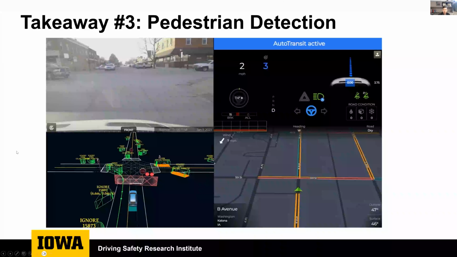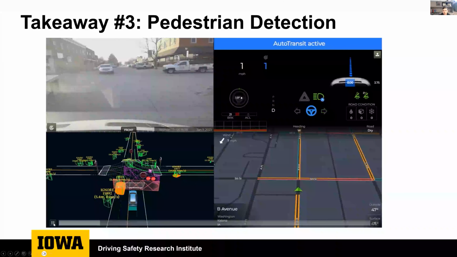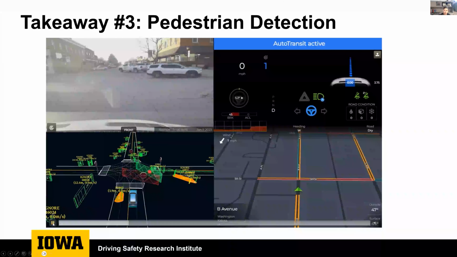Yeah, thank you, Steve. So following along those same lines, this first lesson learned that I'm talking about is pedestrian detection, where we'll see that difference between what a human driver might be perceiving or noticing versus what the transit can perceive and pick up. So Omar, if you could hit play for me, please. In the top left, you'll see the front camera view again. If you want to hit pause,